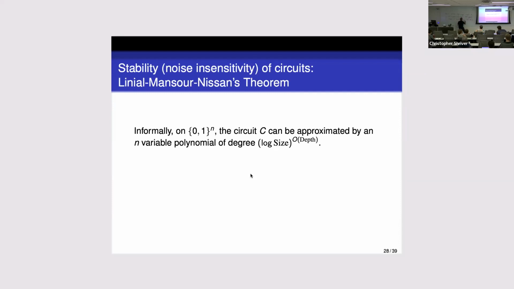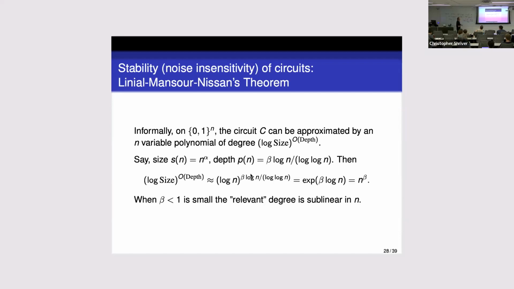polynomial, where we only look at the sums over sets S where the cardinality of the set is at most this number d sub n, this is good enough in some sense. That's the idea. So drop all the monomials of too high power, you still get a pretty good approximation, right? If this function is indeed a low depth circuit.